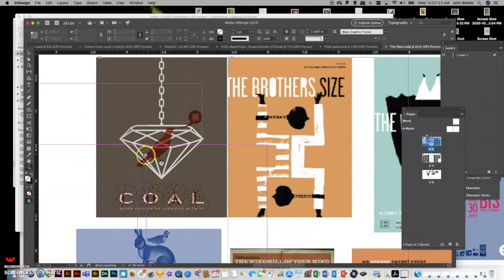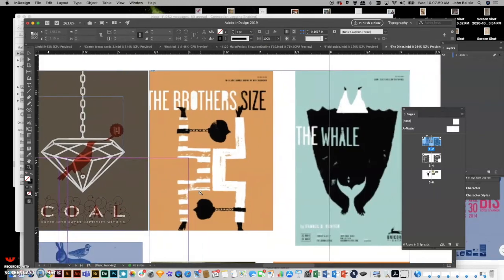And you can see that they've just used a silhouette of a canary, a cage, a chain, and literally went with dark red and white, multiplied the two together, and then continued the type in a very symmetrical way down here, and have actually done coal twice. So once with the white, once with the red. So it's a very simple technique, layering images to create an interesting graphic that is fairly cohesive between